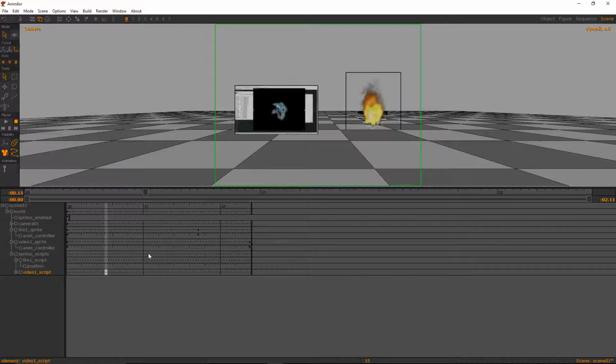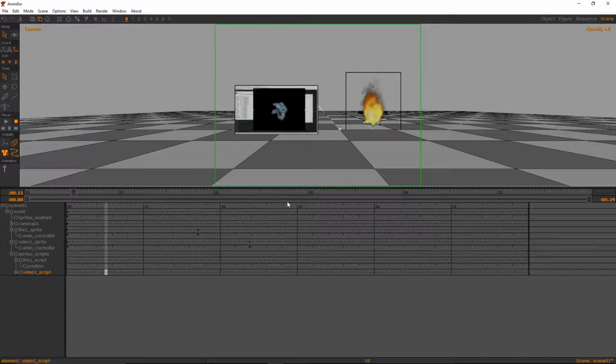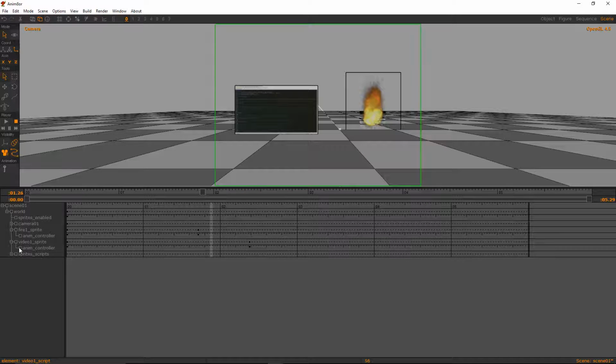So let's go ahead and extend the scene so we can just loop it a few times. Let's do, say, 180. Alright, so approximately 6 seconds. So let's go ahead and set this video anim controller right here. We want to loop this,